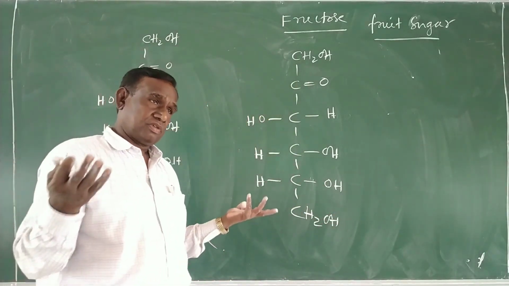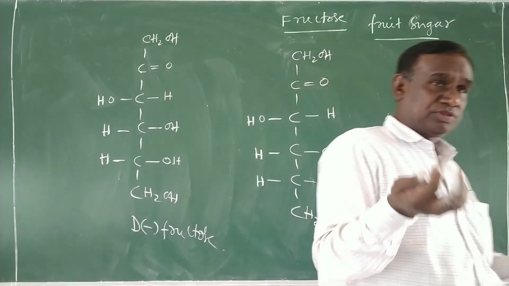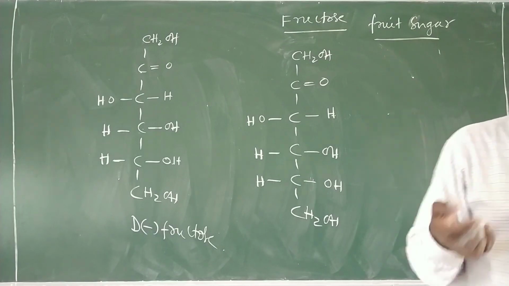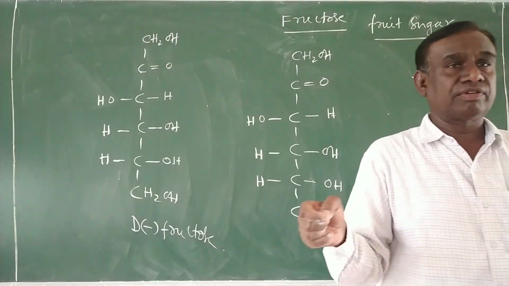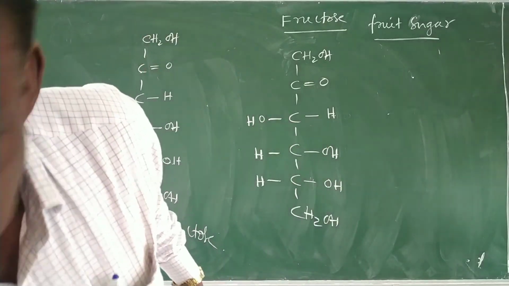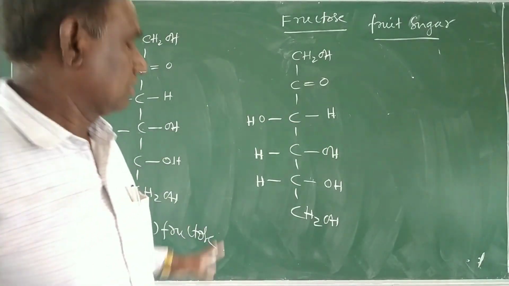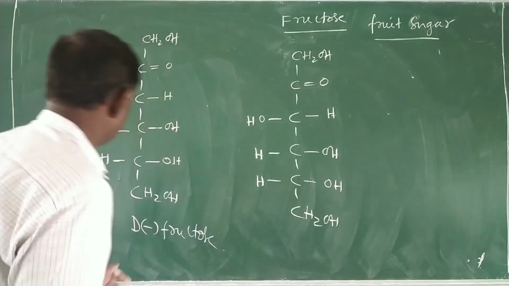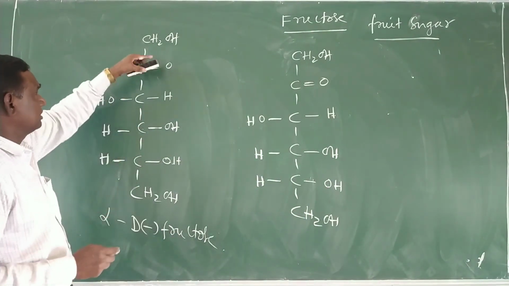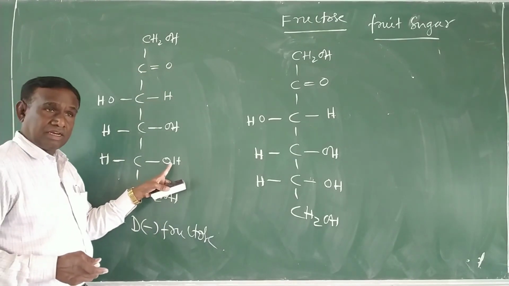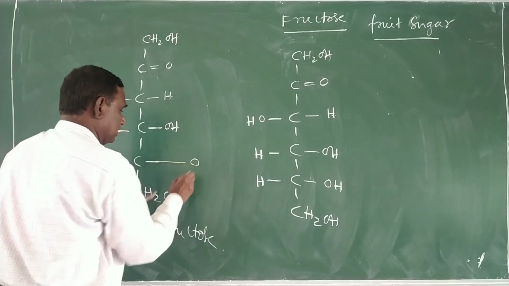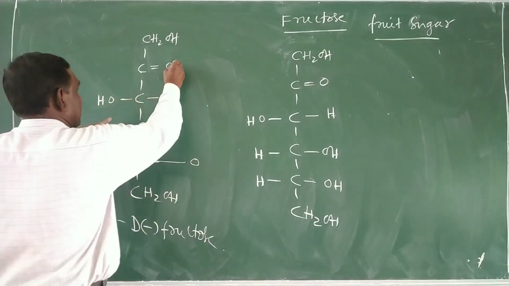Now again we are to isolate two forms in fructose: alpha D fructose and beta D fructose, according to Emil Fischer. So now you see, I am going to write the alpha D. For alpha D, take the link from the fifth carbon atom. OH is here, therefore leave the O here. The hydrogen atom is taken here, you see.